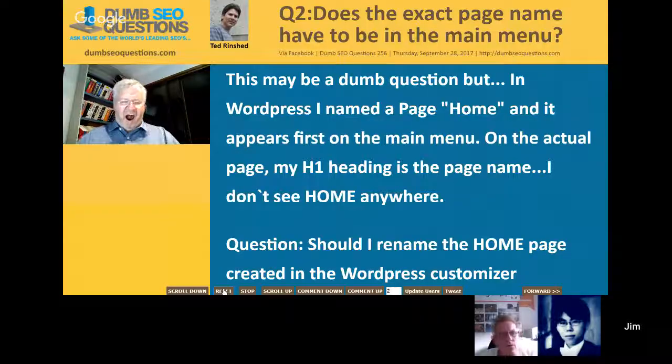Okay, so yeah, it all depends on how you're working it, Ted, and also depends on your theme. So normally, with a pinch of salt, what you type into the property, what goes in your property title on that page, becomes what the page title would be. And as you correctly say, you can edit that in Yoast to be, say, not home. But also, if you're talking about the actual navigation menu, what I'm thinking about is, I think you mean